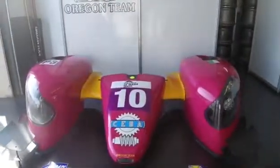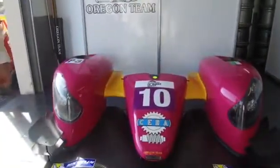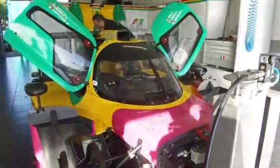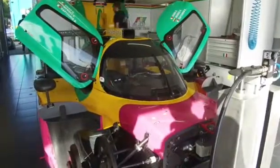Very quick indeed in a straight line. We've seen that throughout the season. It's giving the Ligier teams nightmares in terms of straight line speed. Here at Paul Ricard, we've gone with a configuration for this circuit. Huge number of configurations available to the